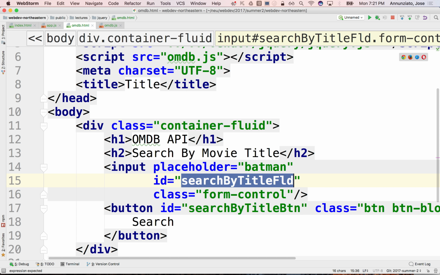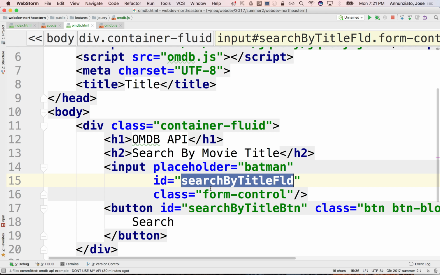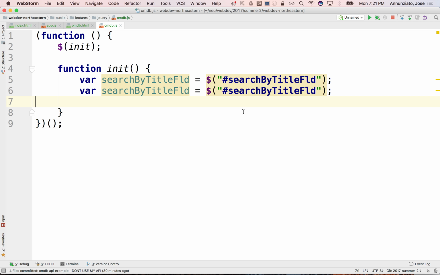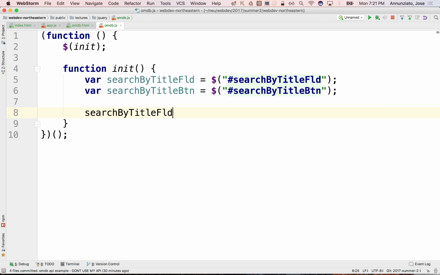All right, so I have that button, and I also want the field. Oh wait, that's the field. Did I grab the field? Oops. That's the field. And let's do the same thing for the button. Button. There we go. Now we have variables that refer to them. Yes? Everybody okay? And what I'd like to be able to do is create an event handler, right, that says that I want something to happen if somebody clicks that button, right? So we can come here. It says